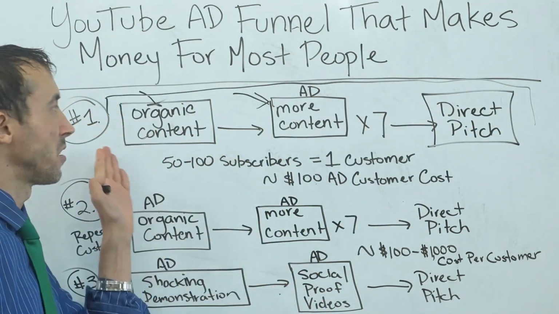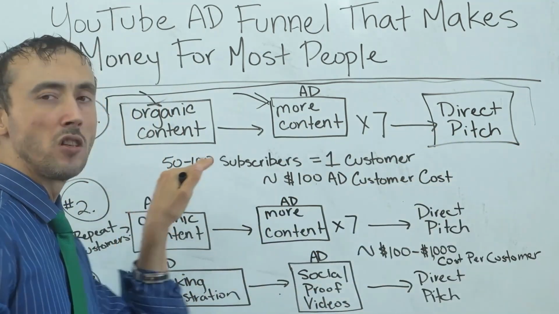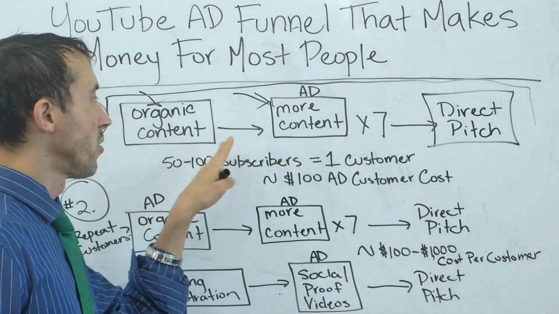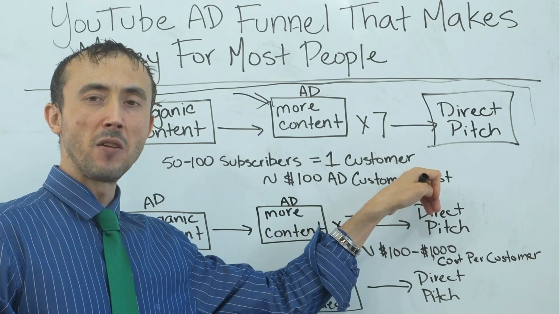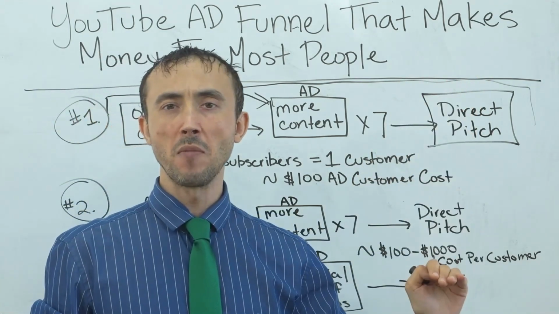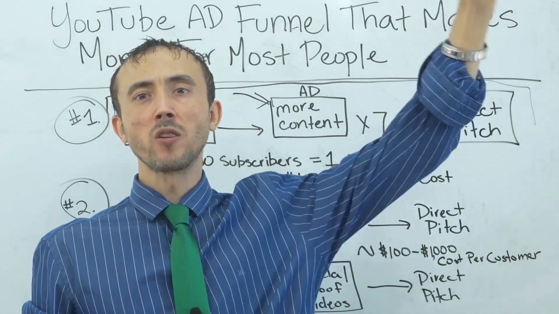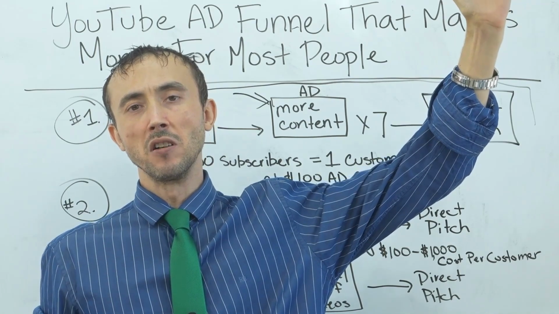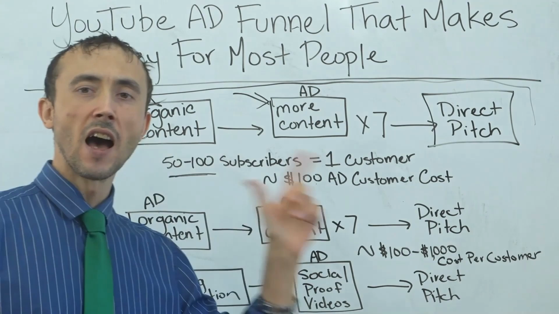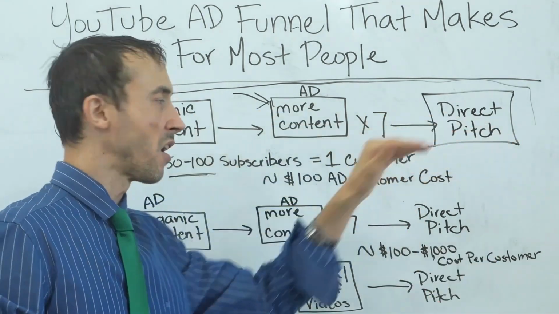Given it's not easy up front to get a following, that's what you're going to try to go to first. And just so that you know, as far as the numbers, it takes 50 to 100 subscribers with this funnel, usually, to get one customer. You might get 1 per 50, depending on what niche you're in. If you're selling something with a lower commitment level, like a $100 product, but the more expensive what you have is, the more subscribers it's going to take to get each customer. Okay? But in general, 50 to 100 subscribers is what you can basically expect to need on the front end of this funnel to get a customer out the other side.